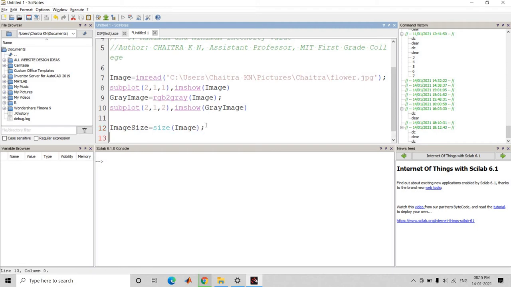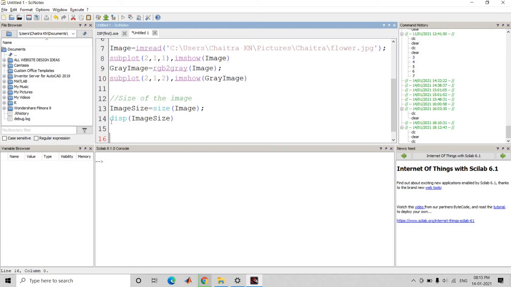Then end with a semicolon. Then to display the size of the image, we use the inbuilt display function, that is disp. disp of the variable image size. The size of the image is stored in the variable image size, so we display the image size. This is the first one. We use double backslash to comment the text: size of the image.